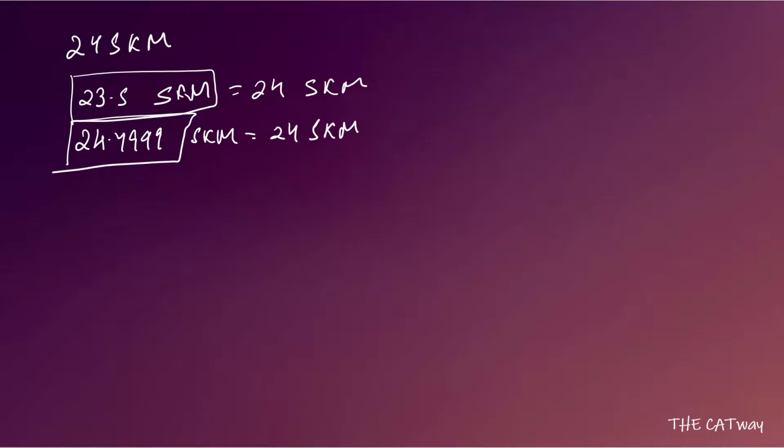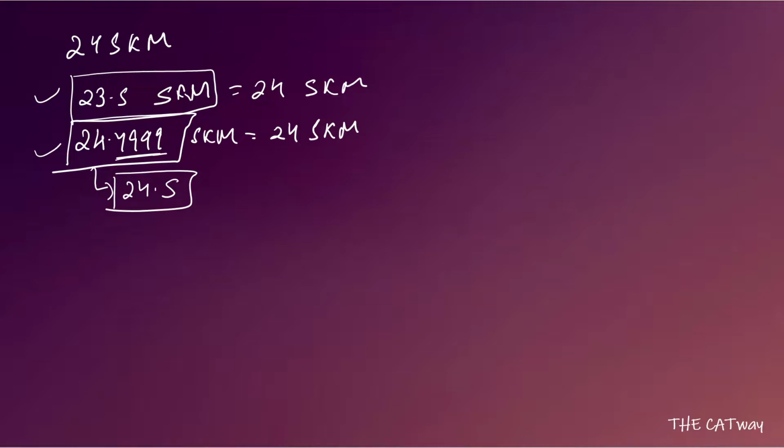Now to get a range in nautical miles, we have to convert these two distances to nautical miles to get a range of the data. For calculation purposes, we can consider this as 24.5, to make our calculation easy, because there will be a very slight change, so it won't affect your calculation. So for calculation purposes, you can take it as 24.5.